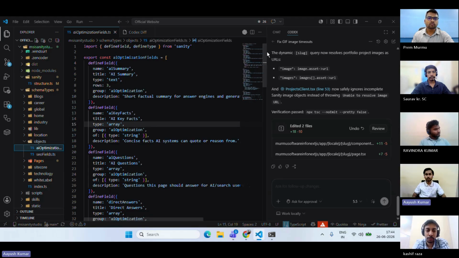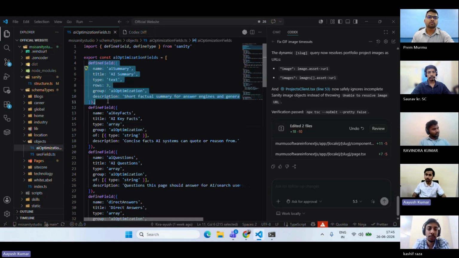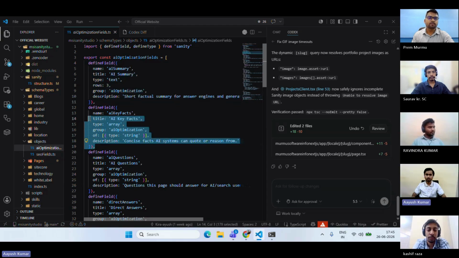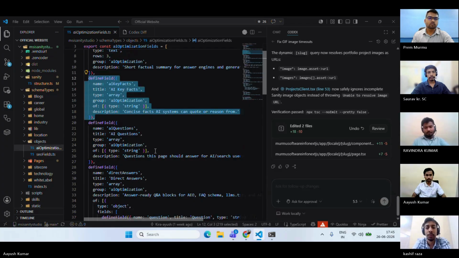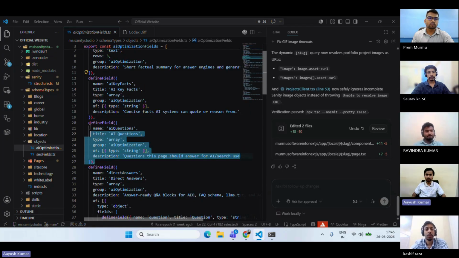So this is our schema where we find the AI summary, which will summarize the page. Like, we are on the About page, so this is our summary of that page. Then these are the key facts about the page, the facts, the questions, just like